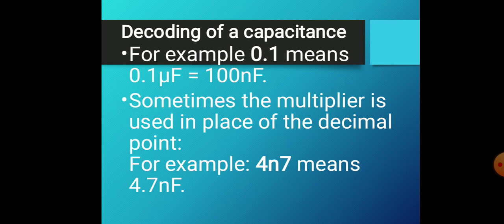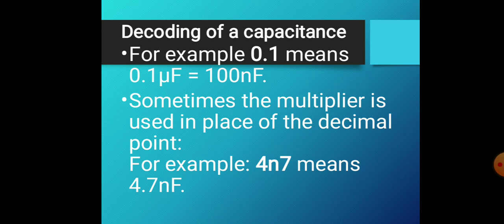Okay, so before we decode, we will review the six types of capacitors. Number one is the electrolytic, which is a polarized capacitor, and then we have the ceramic, and then the mylar, the polyester film, tantalum, and silver mica. So the tantalum and the electrolytic capacitors are the only polarized capacitors. The rest are non-polarized.